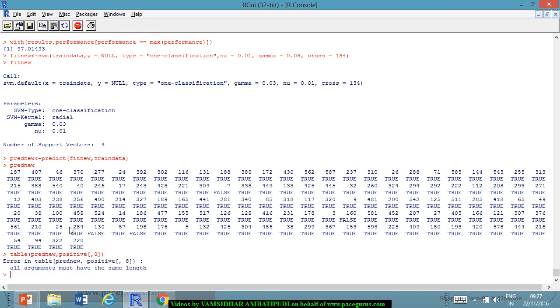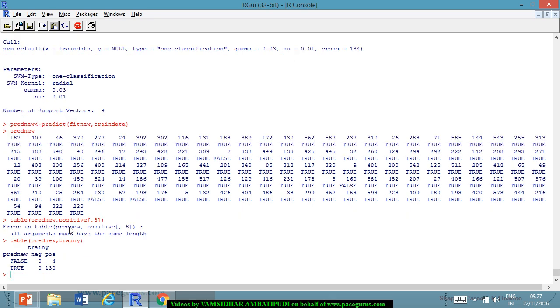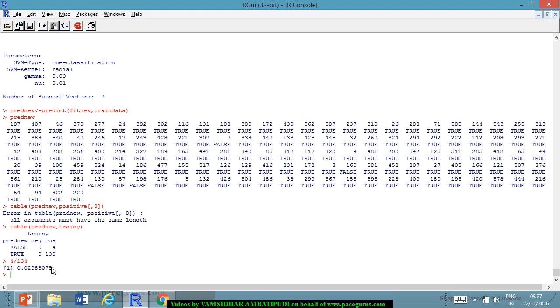Okay, it has to be from the training data itself. So let me create it from the train Y. Let me create it with respect to train Y itself. So here it says 130 of them are correctly classified and only 4 of them are wrongly classified. So the error rate is 4 by 134 when I am doing it on the training data, 2.98%. But the same thing, now if I am doing it on the testing data as the first thing,